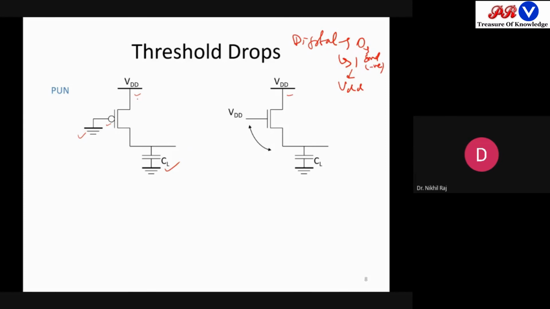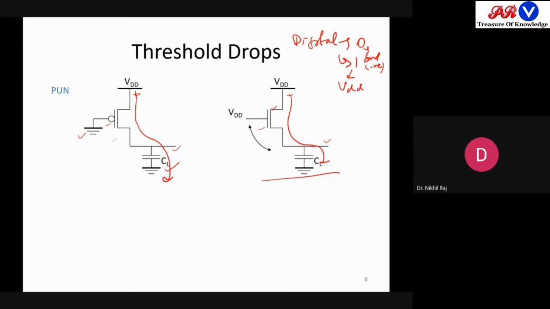Fine. Once it is on, the charge from VDD will come here and charge the capacitor. Similarly, if NMOS is used and the VDD voltage is applied, again it will be in the on condition, and the charge will come and charge the capacitor. So both are doing the charging. Is there any difference? This means we can use PMOS for the capacitor charging, and we can also use NMOS. From the picture it says so. So we'll go with the NMOS.